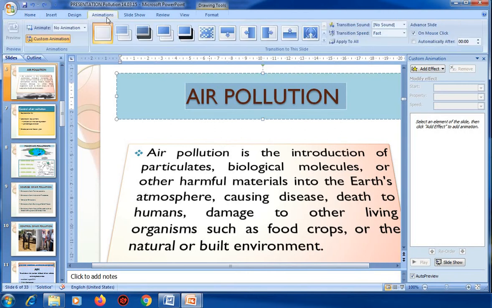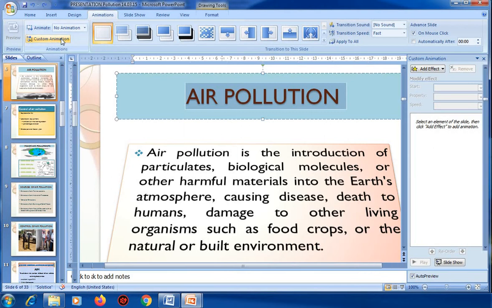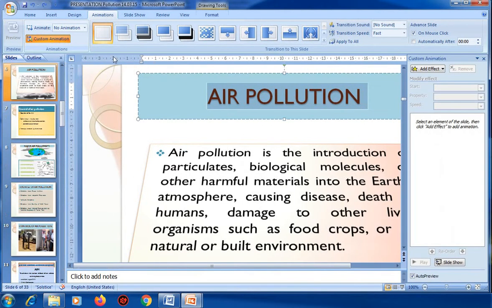After selecting, you go to the Custom Animation task pane and click Add Effect. So in Custom Animations, we'll select Add Effect.